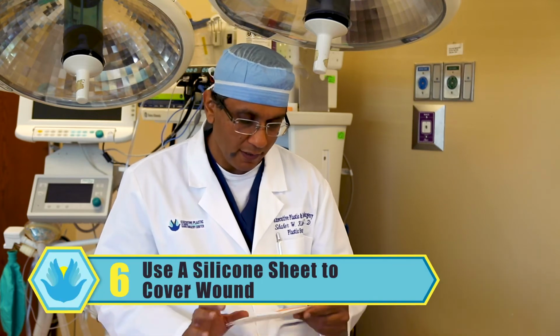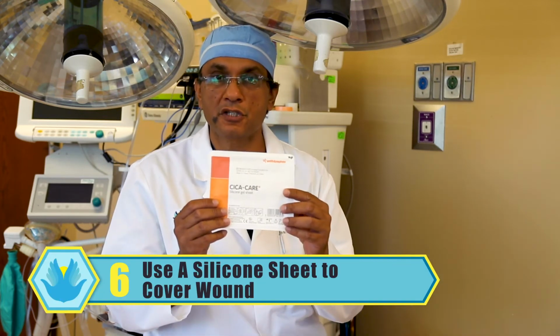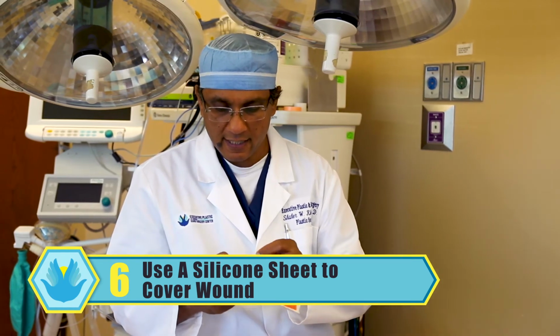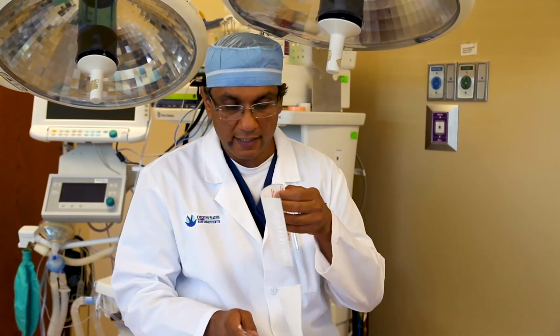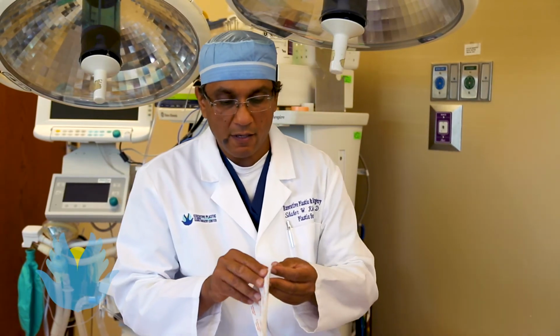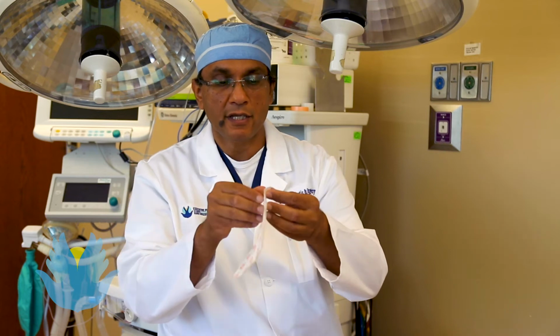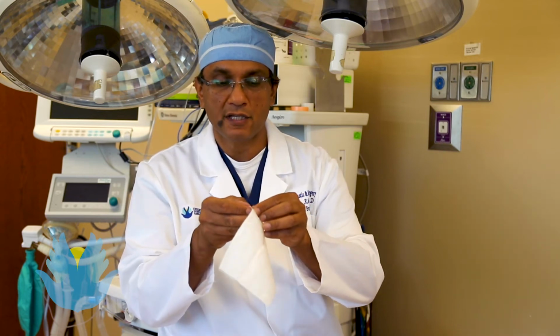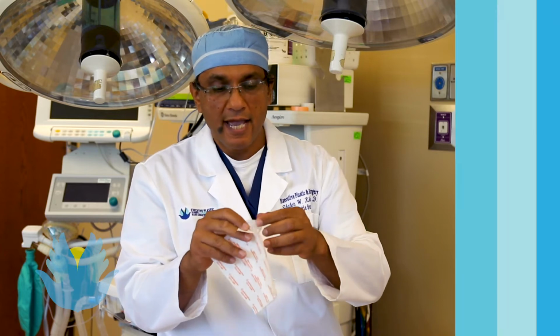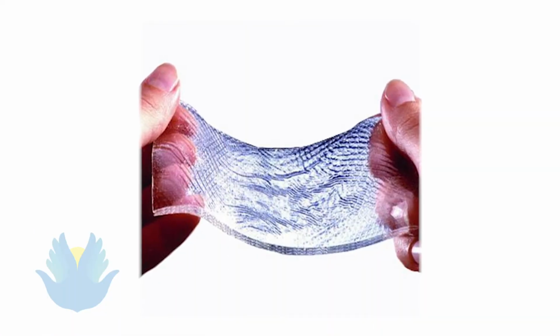So one of the other modalities that I like with the scars is to use a product, Care silicone sheet. And it actually is a very nice product in the sense that it is relatively thick. It is unlike the many other silicone products that you use. They come as like one big piece that you can cut into the size of a postage stamp. And then, as you can see, it's relatively thick, and you lay it down very effectively on a C-section scar